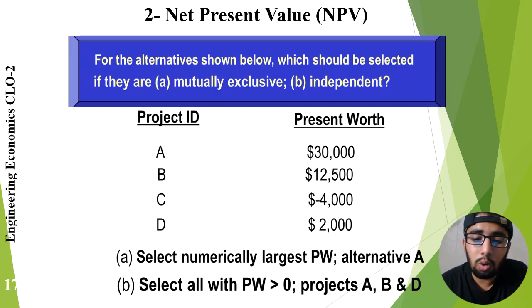The example is shown. The basic idea is to compare all future inflows and outflows after converting them into present value. By discounting future cash flows, we ensure that all values are compared on the same basis. This allows decision makers to understand whether a project will create value